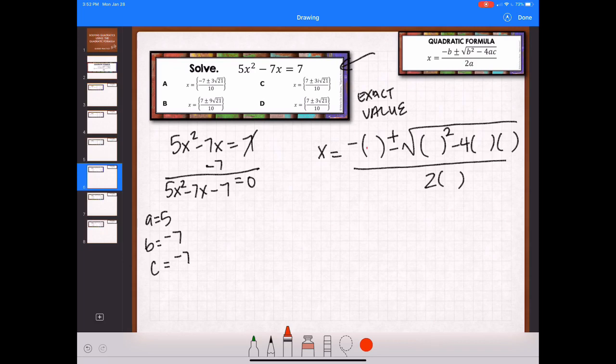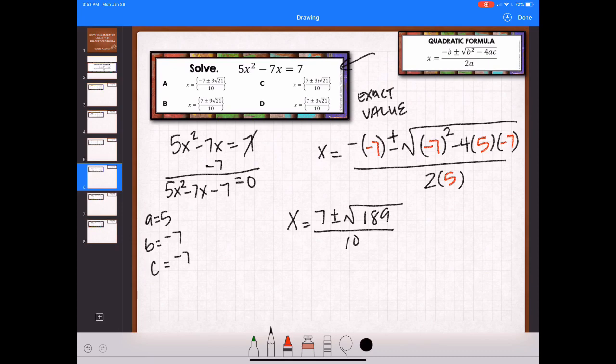Okay. Right here, b is -7. This is also b, so that's -7. A is 5. C is -7. And a is 5. So now I'm going to simplify. X equals 7 plus or minus these square roots. So I'm going to calculate that. -7 squared minus 4 times 5 times -7. That's 189, divided by 2 times 5 is 10. Okay, so radical 189